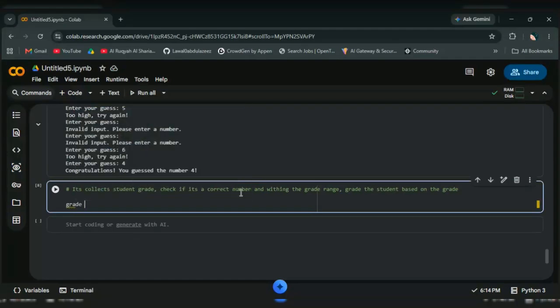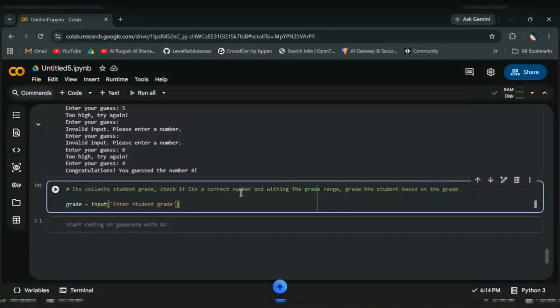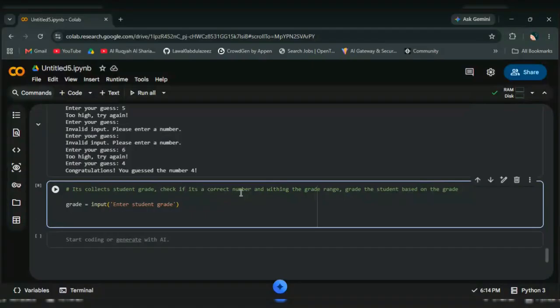We now say grade equals input. Input is just to collect information. Enter student grade. So now we want to check if it is a correct grade. Imagine somebody entering